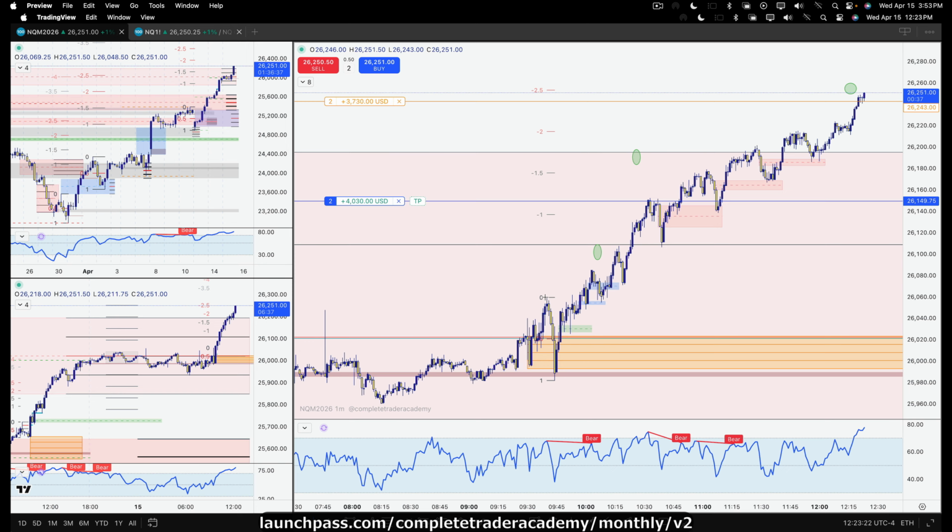Continuing that shakeout makes a high, then takes out this liquidity here. Does it keep going down? No. Does it go up? Yes. Now, you're going to see that once we raid these guys and we don't come any lower, because guess what? We've already hit this 25.